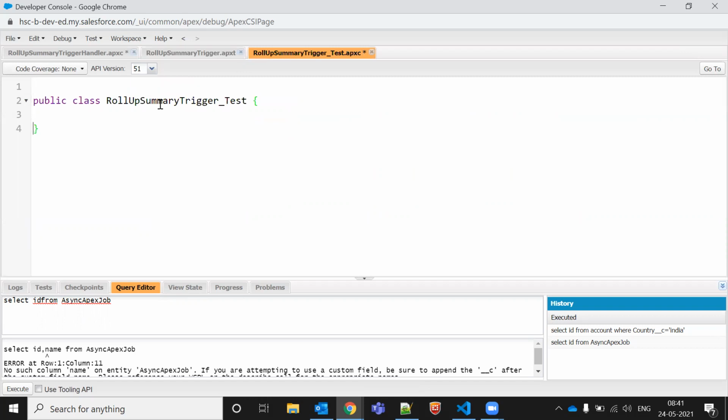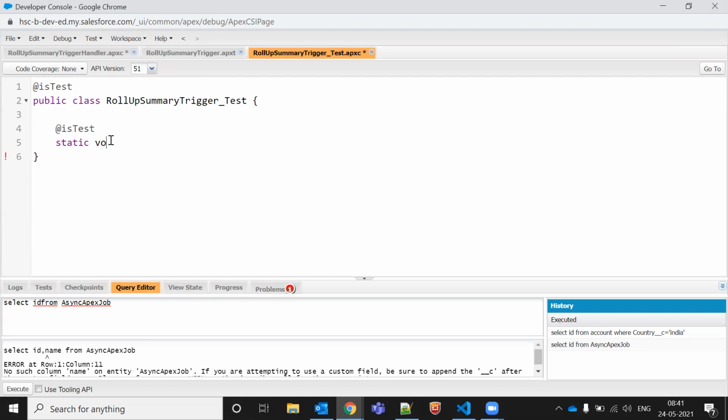It should have the annotation @isTest, and similarly @isTest on the method, which should be static void rollup.